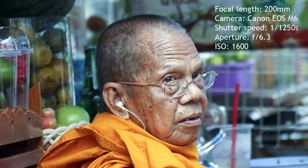And the critical level seems to be about 800. If the ISO is 800 or below, the image is quite good. If the ISO is above 800, the images start to look very soft. So the critical thing is not to use the auto ISO setting on the camera. Set the ISO to 100, check the shutter speed, and make sure it's fast enough to prevent camera shake and to stop the action. If it's not, increase the ISO to 200, 400, go up to 800, but don't go